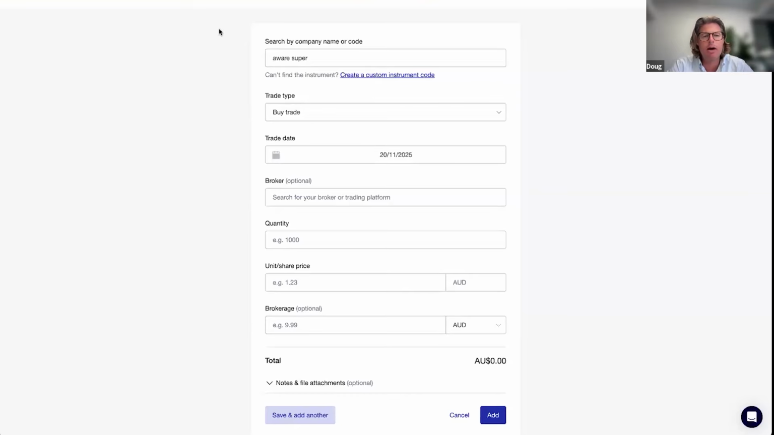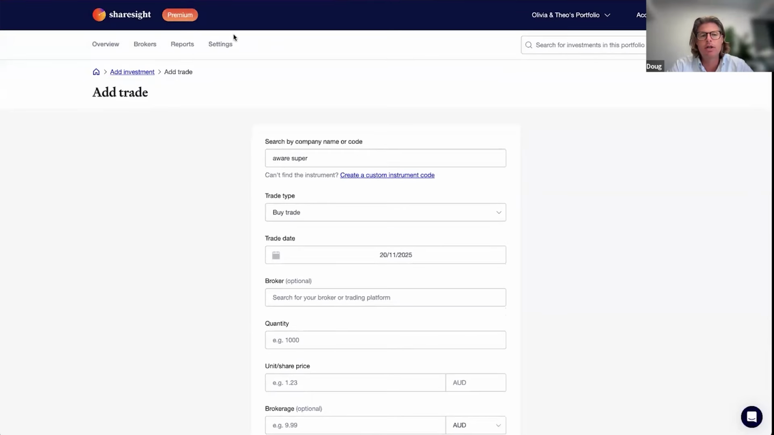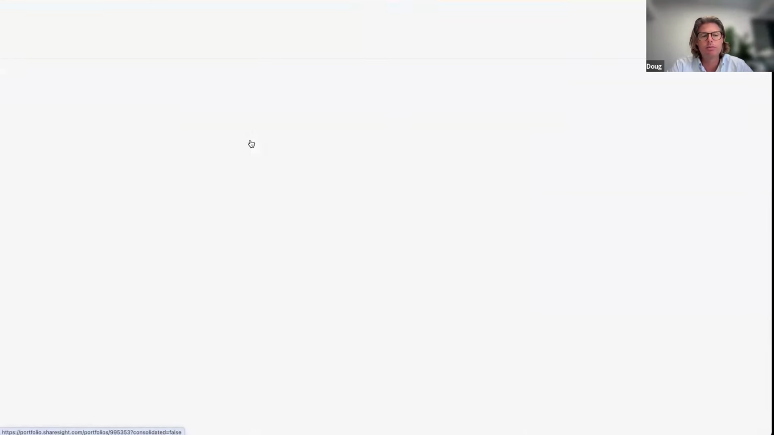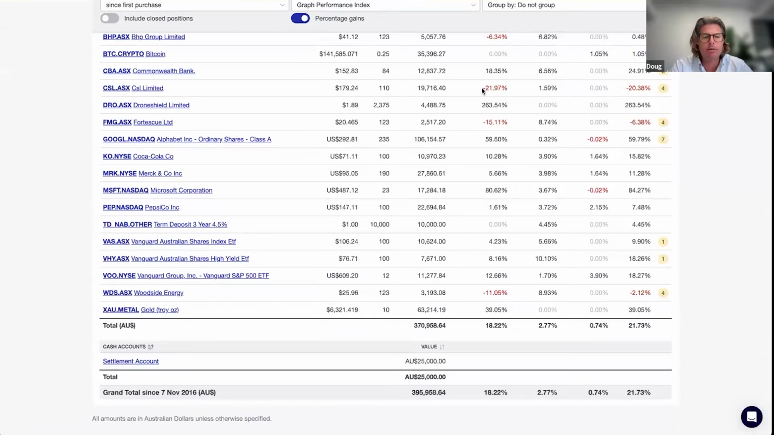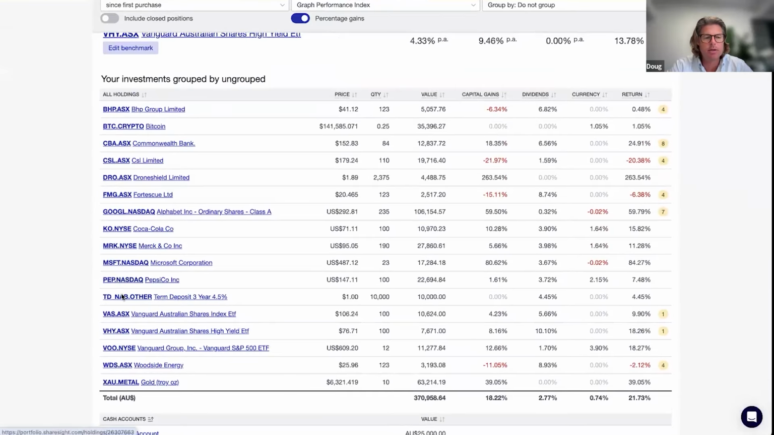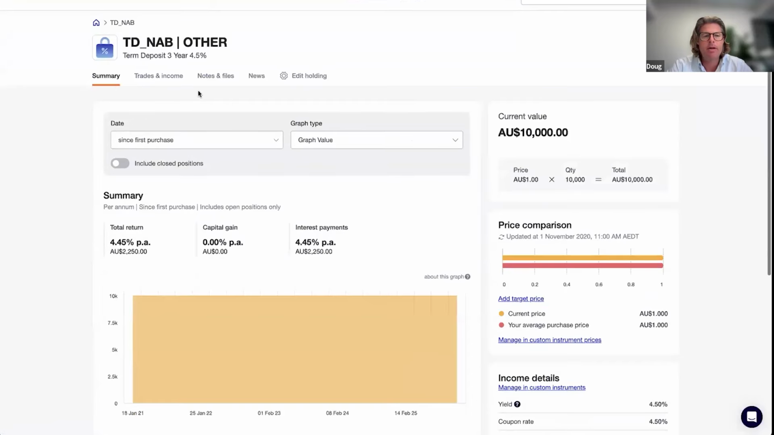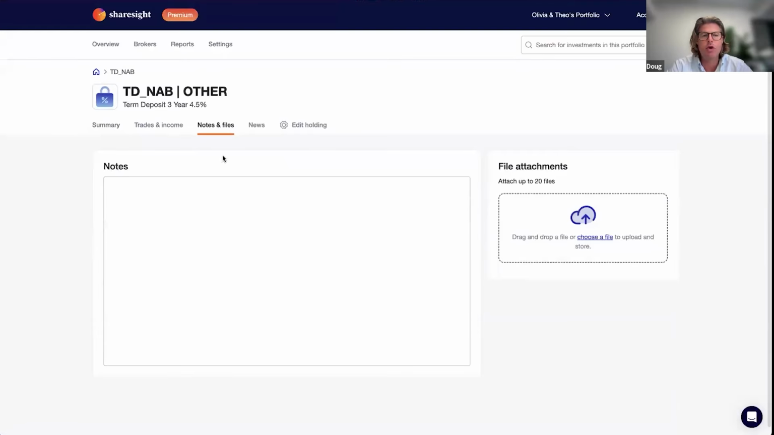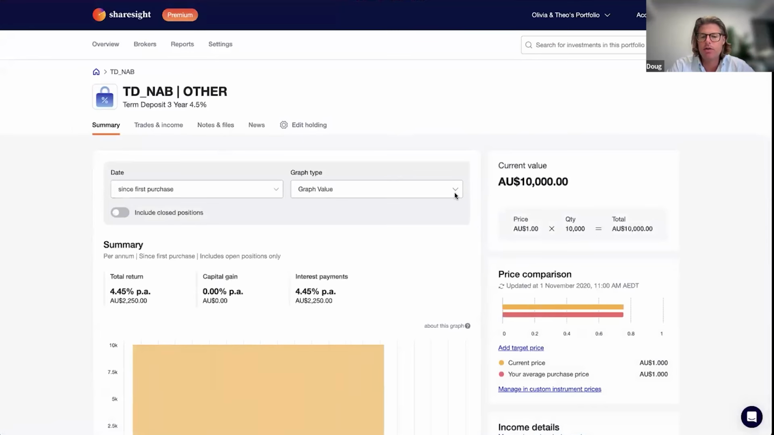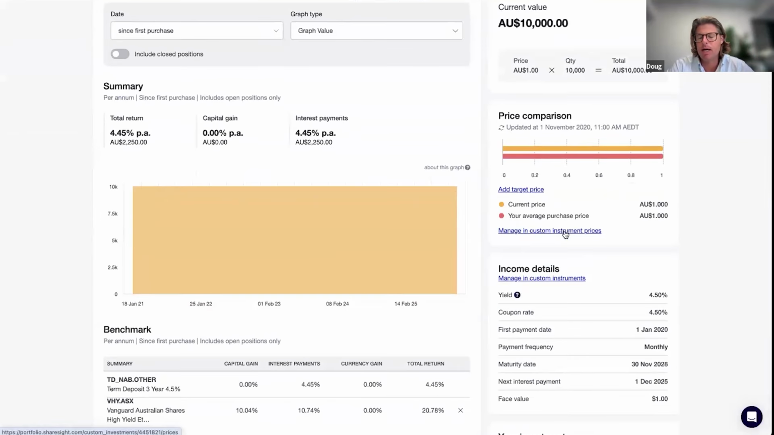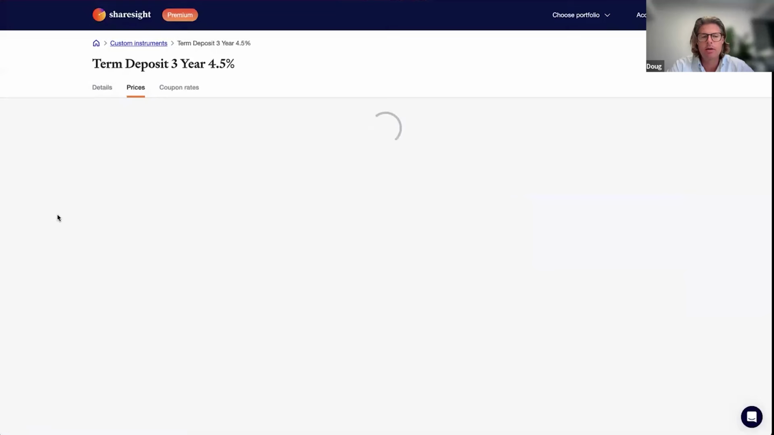At this time, no, but we have received that feedback before. So if I just go into that manual or custom investment, as we call it, which in this case was TD, you can add attachments to the holding level itself in here. And then if we go into the manage custom investment prices,